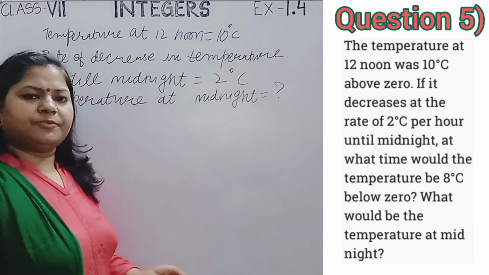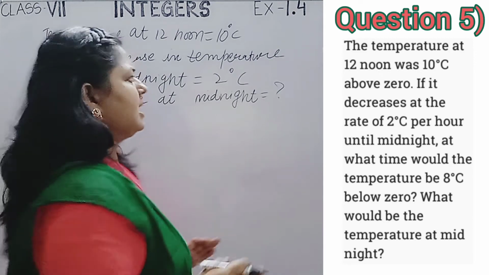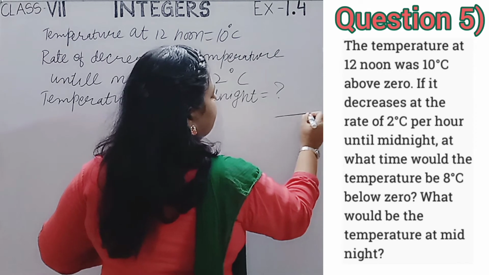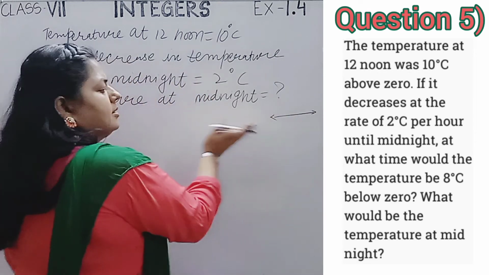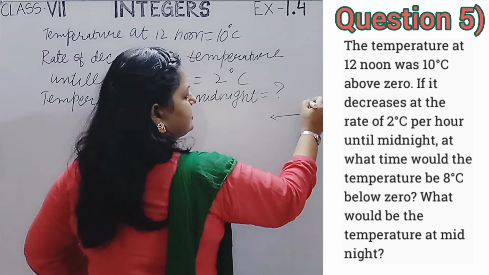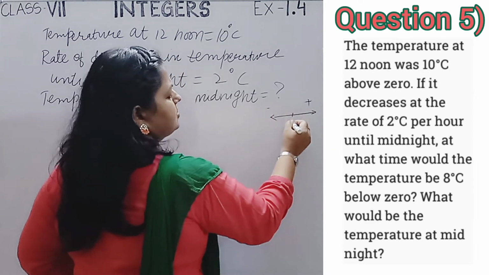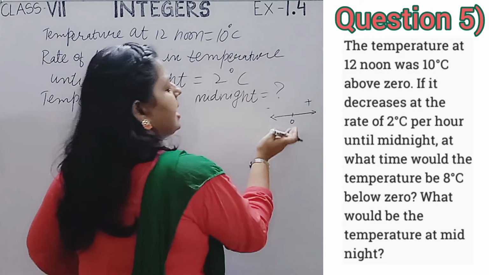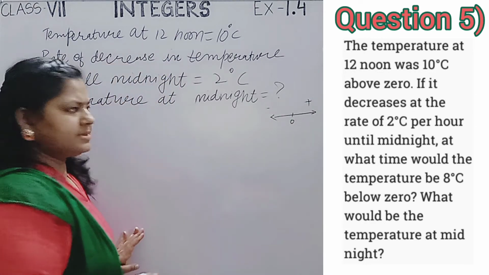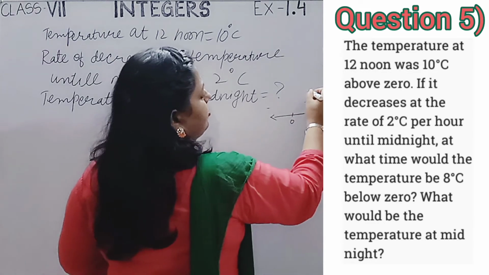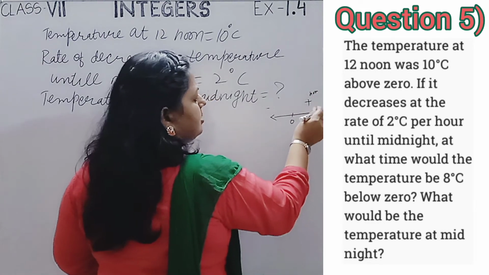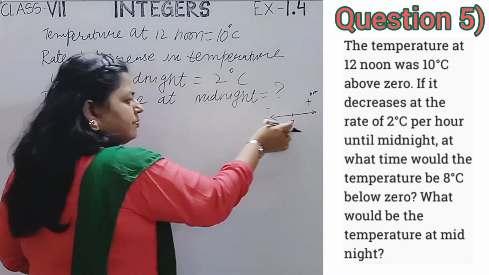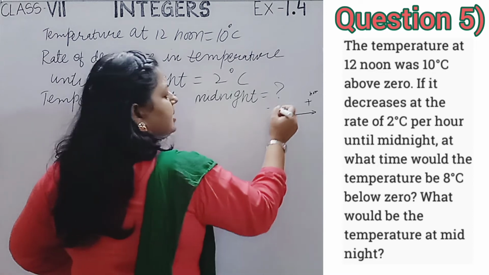So we know that from noon to midnight we have 12 hours. So by a small number system we can see that on the right side this is positive sign and this is minus, because in the middle we have 0, and when we go to right side we have positive sign, and if we go to left side we have negative sign. So suppose this is our noon, it means when we go to left, because this is decreasing, then we come back to minus, it means midnight is here.